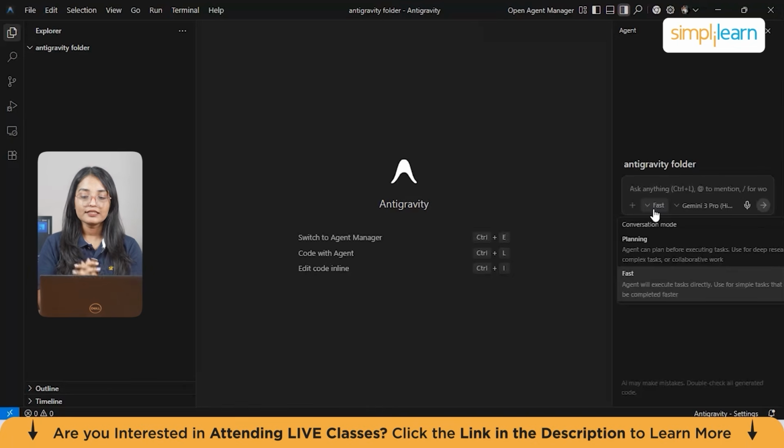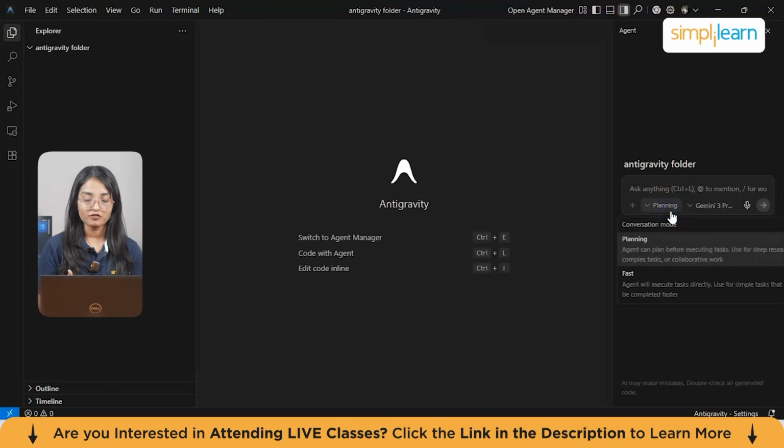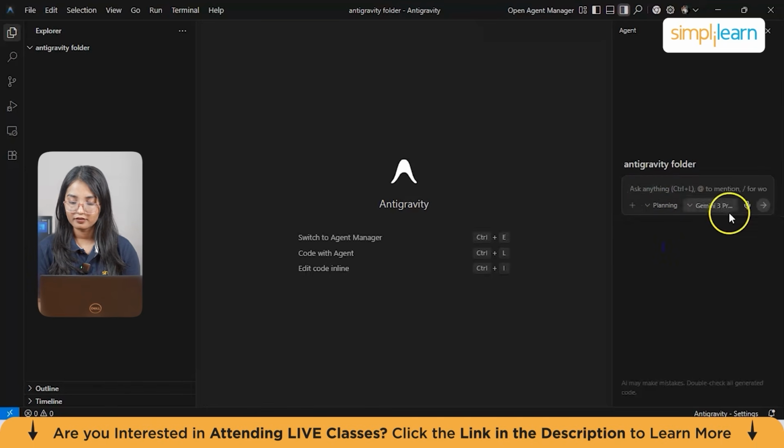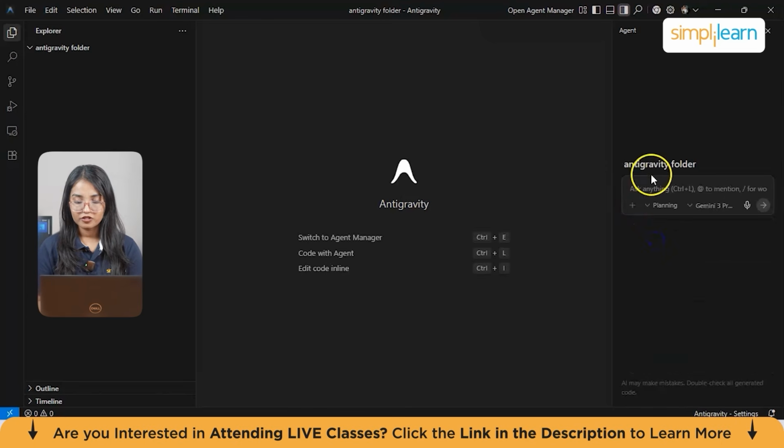Let's suppose initially when you're just starting your work, I think the planning mode is much better, because it will slowly create your plan and the prototype you're working on. So we'll go for the planning mode first. Next, I can also show you how you can use the fast mode, but for now, let's click on the planning mode. Then we can select Gemini 3 Pro or maybe 3 Flash. I'll just go with the Pro one because I find it much better. So just select that.